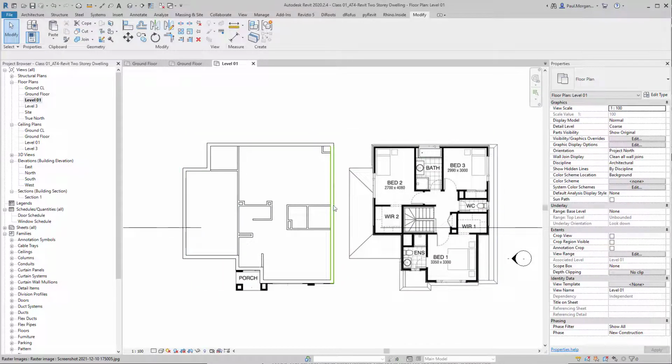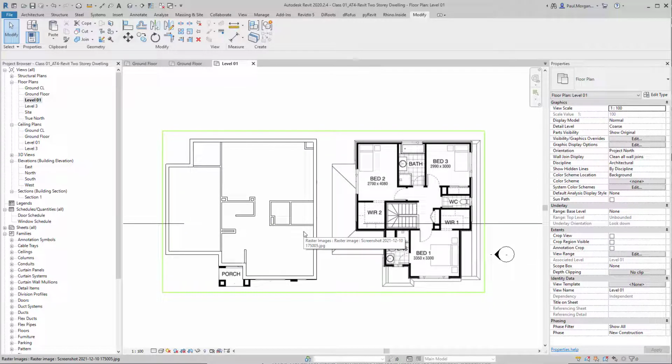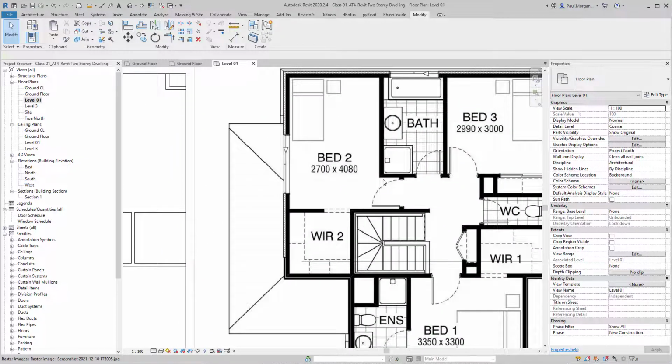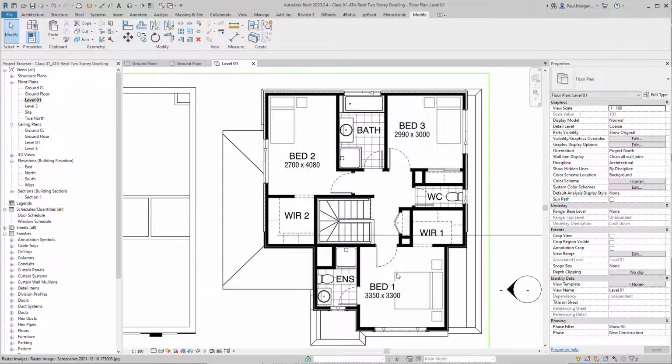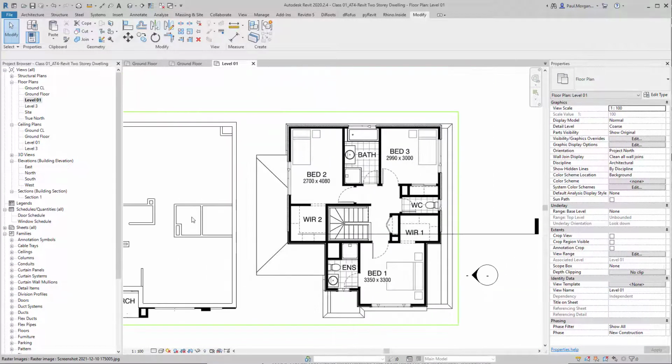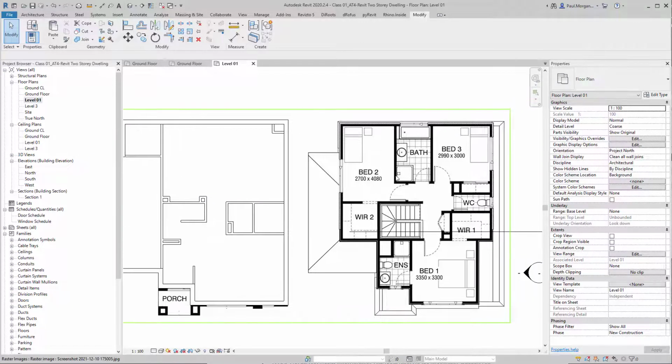We just need to draw our walls, sketching over the top of this, and then drag it and move it on top of our current floors and walls. And really, it's up to you which walls we want to start with, whether it's the exterior walls or the interior. Again, similar to the ground floor, we're just going to sketch these out and then rationalize them once they're on top of our ground floor,